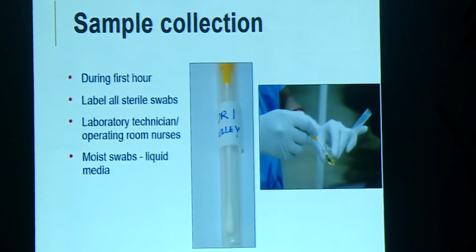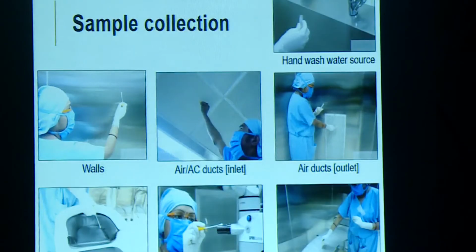And you need to have a liquid media because these swabs that are taken, they need to be wet. So you dip the cotton end into the sterile liquid media. Sample collection should be taken from the walls, the air and AC ducts. It should be taken from the operating table, preferably the head end, handles of the microscope, the instrument trolley, and also you need to collect the midstream, like we collect the midstream urine, from your taps so that you know that your RO filter and all those things are also working.